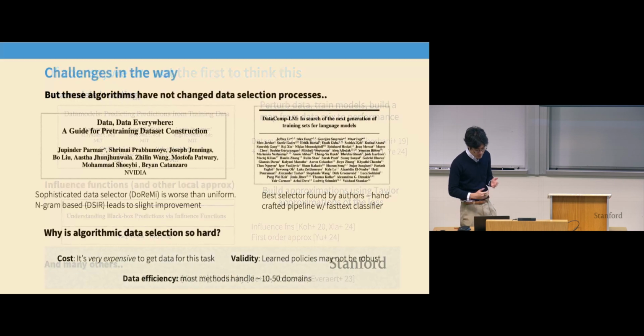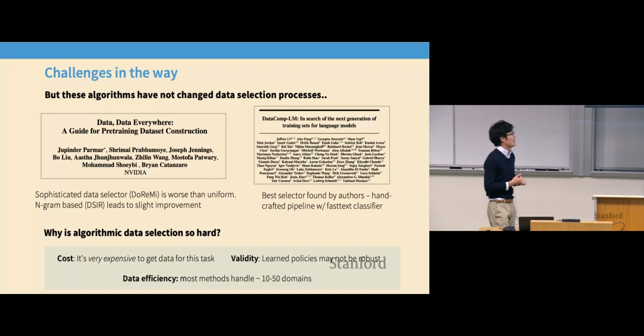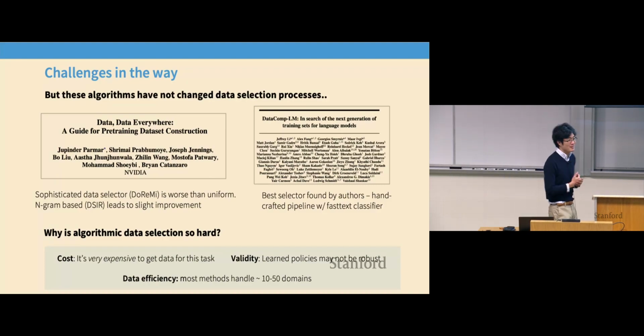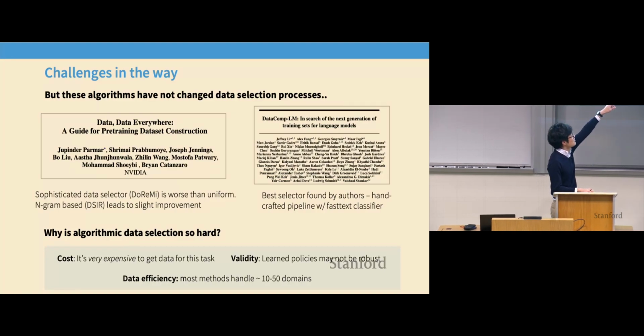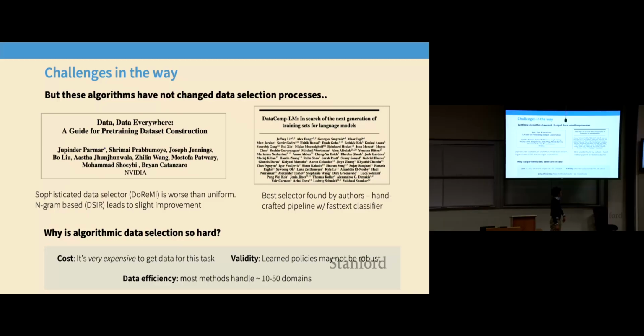So this is an area with a lot of different ideas, but the really sad reality, and one of the things that I've been sad about here, is that none of this has really moved the needle on how you actually train language models. There are a lot of algorithms, but basically every study that has run data selection at scale has found that maybe just picking randomly at uniform does the best. That's this paper by NVIDIA. Or the handcrafted Reddit subreddit classifier from DataComp. Those were the best performing things that people had found. And so empirically, none of these algorithms have moved the needle, and that's been very saddening for me.